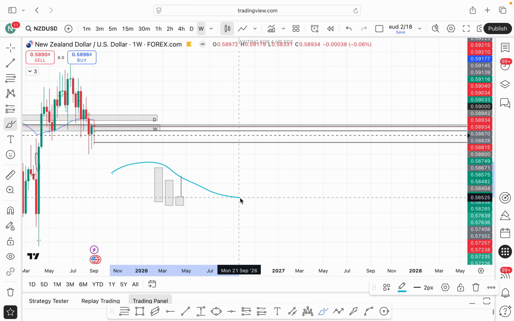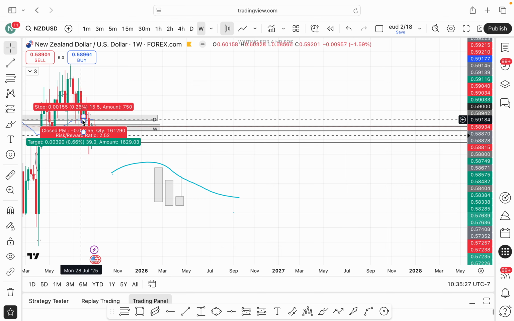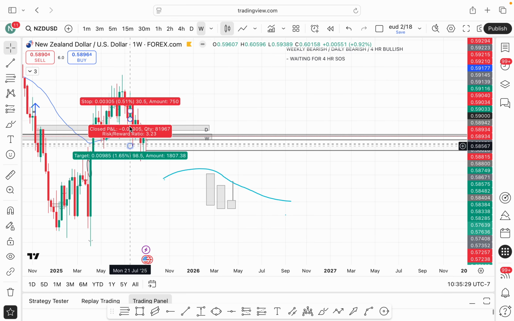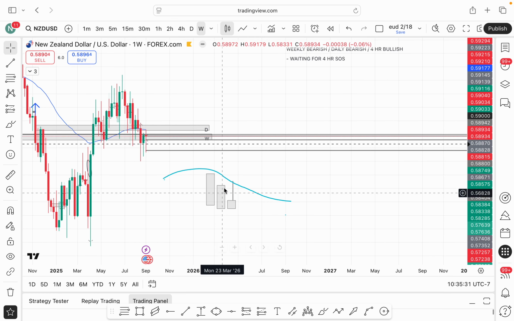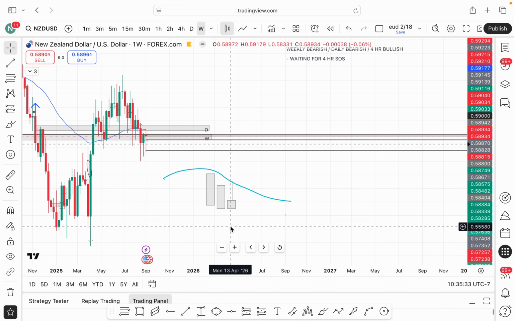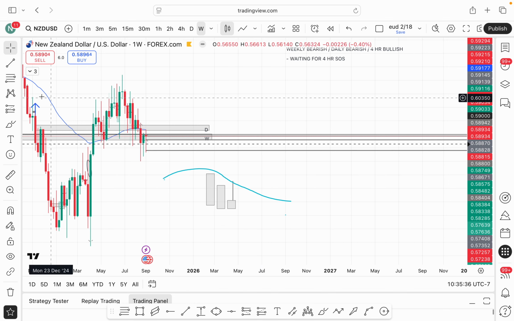EMA rejecting EMA. At the same time, right here will be the last previous structure point, rejecting the previous structure point, and then I went to